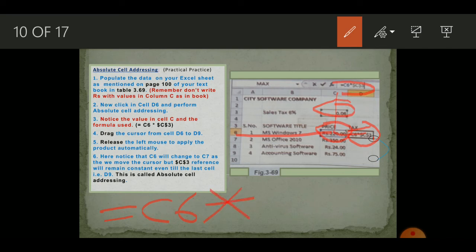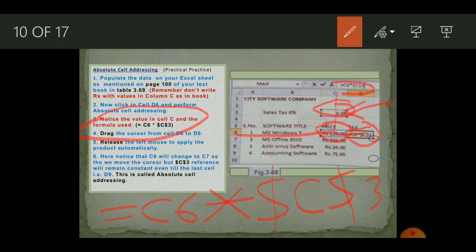The star is for multiplication. You can find it on the numpad of your keyboard. And then we will write the absolute cell address. Now this is our absolute cell, and its address will be written carefully as mentioned here in the point, that after that you will write first dollar sign. So absolute cell address starts with the dollar sign, dollar, and then the name of the cell with the letter, which is dollar C and dollar 3. This is the address of the cell, but with the dollar sign. After you have done that, press enter key and it will calculate the value.